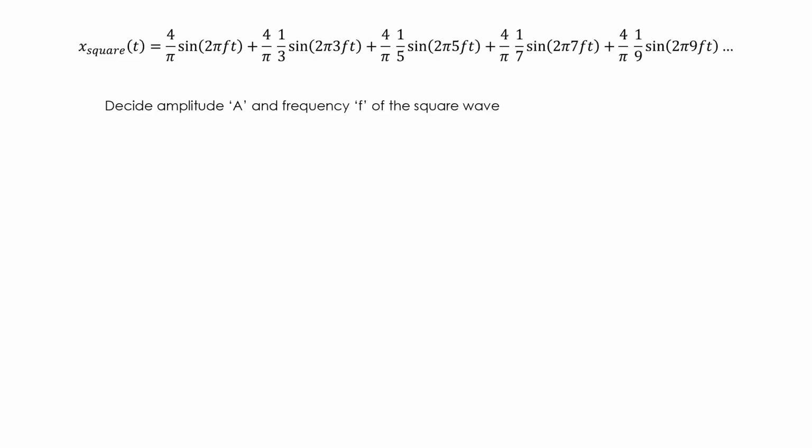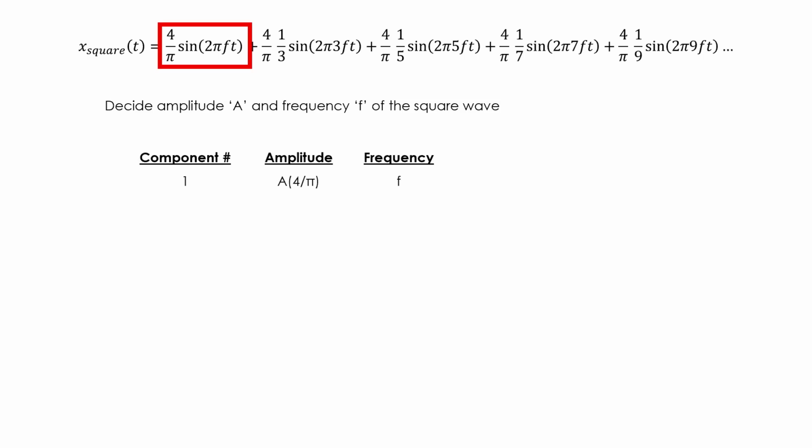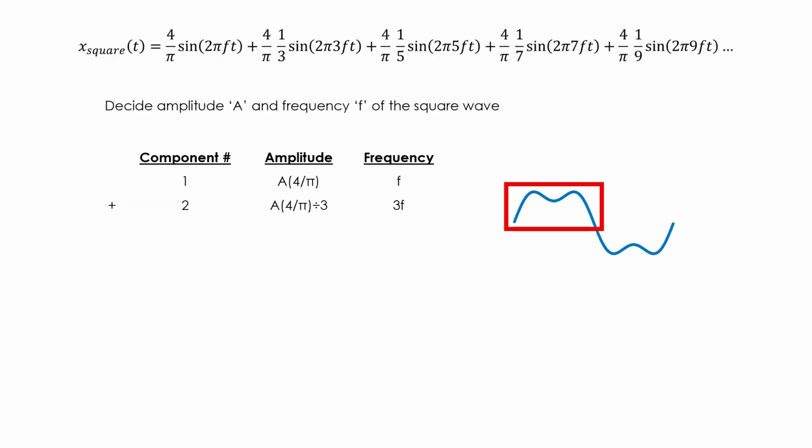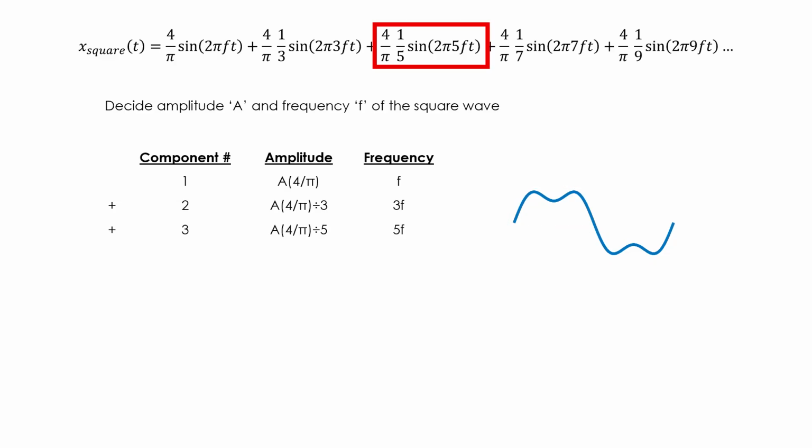The first step is to decide what amplitude and frequency we want for the square wave, say A and F. So we start with the first component, which is going to have an amplitude A times 4 over pi and frequency F. Then we add the second component, which is going to have an amplitude A times 4 over pi divided by 3 and frequency 3F. Since we are adding a small trough to a large crest, the result will have a small cavity in its crest. The third component is going to have an amplitude A times 4 over pi divided by 5